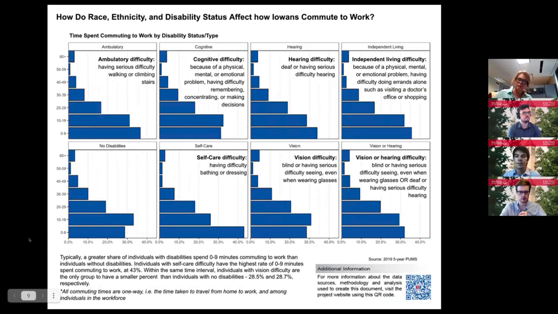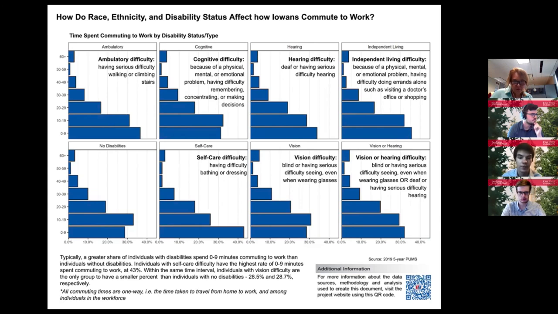Then we were interested in some of the same information by disability status. So we can see here, again, it's the same time distribution faceted by disability type. So we see that on average, typically a greater share of individuals with disabilities spend 0 to 9 minutes commuting to work than individuals without disabilities. This is particularly true for the individuals with self-care difficulties. So we can see in that particular box, 43% spend 0 to 9 minutes commuting to work, which is much